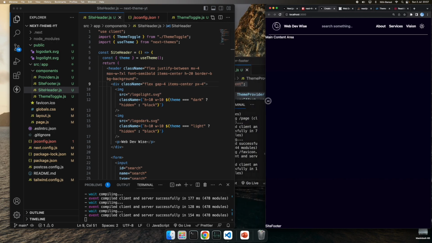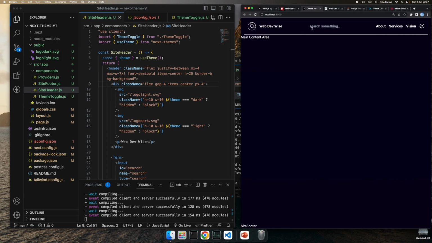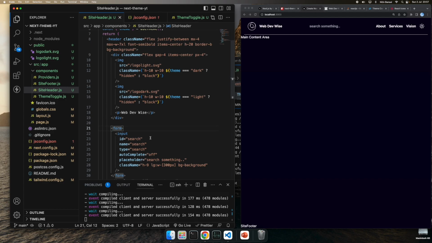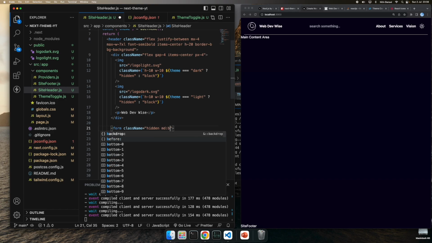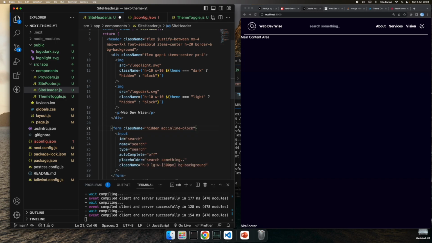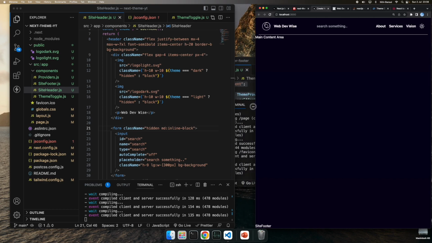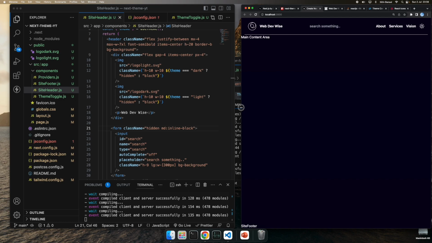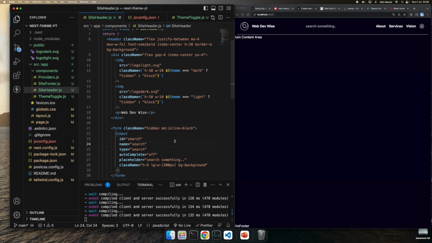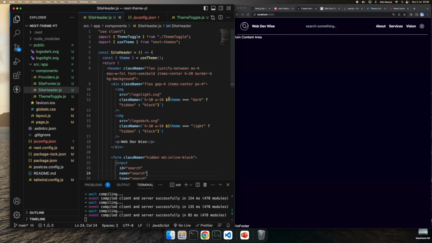If you look at this, the search section is not going away. So what we are going to do, we are going to add a class name to make it hidden, and on medium and larger devices, it should be inline block. So if I go smaller, it hides. If I go beyond medium size, it appears back. Perfect. Now everything is looking fine. Let me remove the size from here,